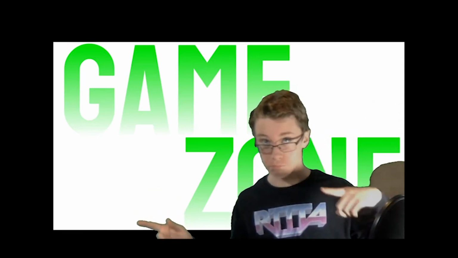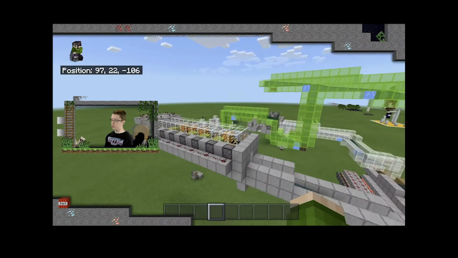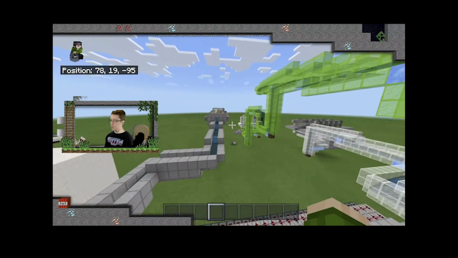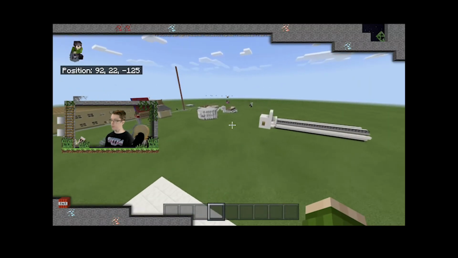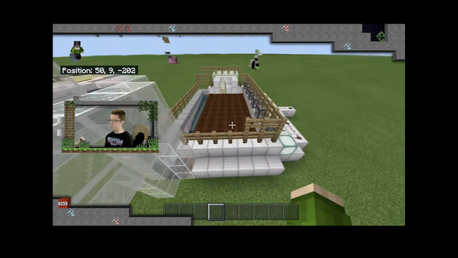Here we go. Hey guys, what's up? I'm here again, and I'm going to be showing you a few things that I built in this past week. So yeah, I've been learning a lot about redstone, so I've been working on a few automatic farms. So yeah, there's just normal farms like over here, where basically you plant seeds over here into this